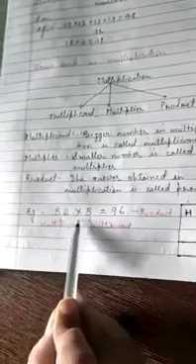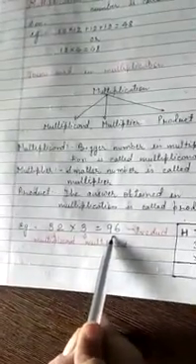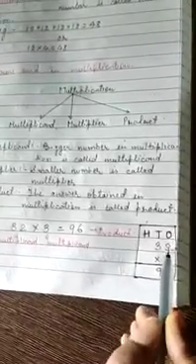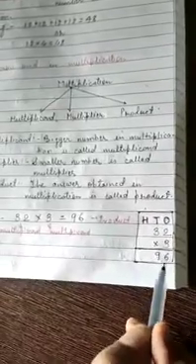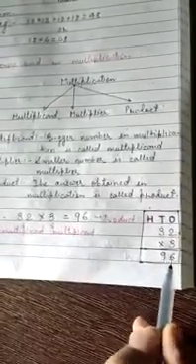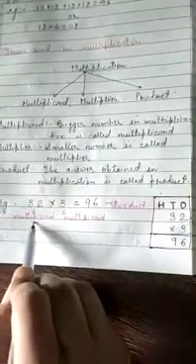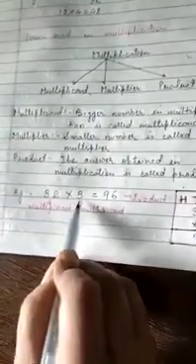Here is one example I am showing you. 32 multiplied by 3 is equal to 96. I have done the multiplication here for you. This is called vertical multiplication. In the table of 3, 3 twos are 6 and 3 threes are 9. Answer is 96. 32 is the bigger number, so we call it multiplicand. 3 is the multiplier, and the answer obtained is called product.